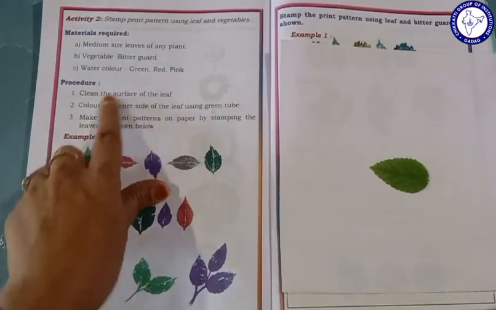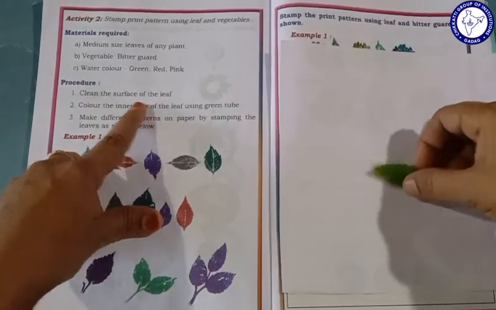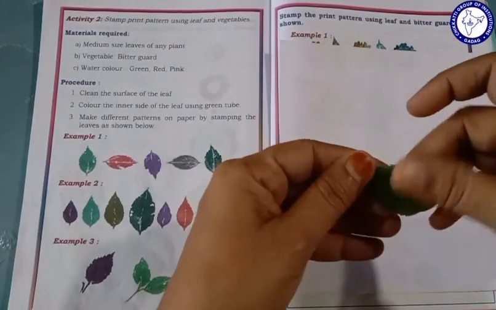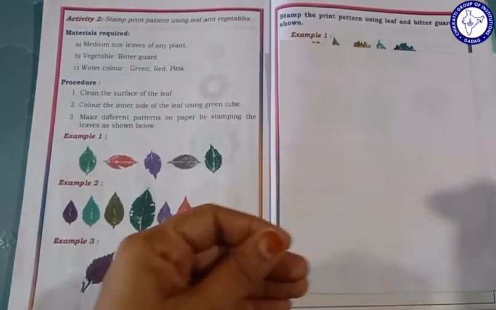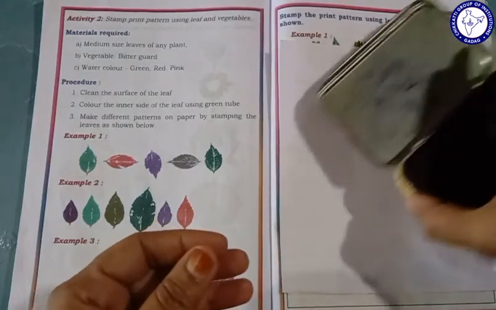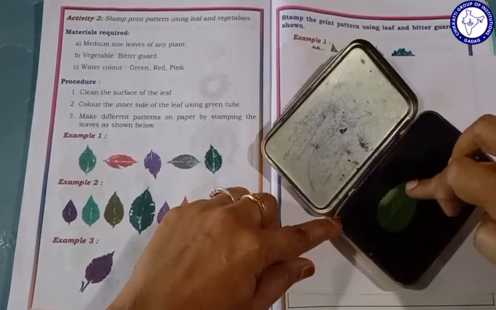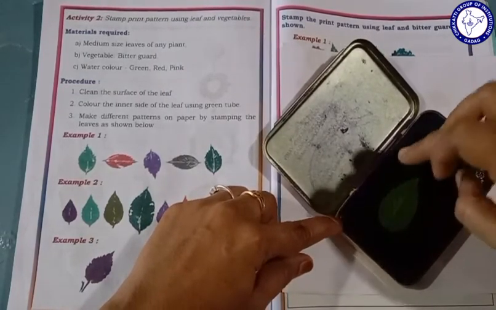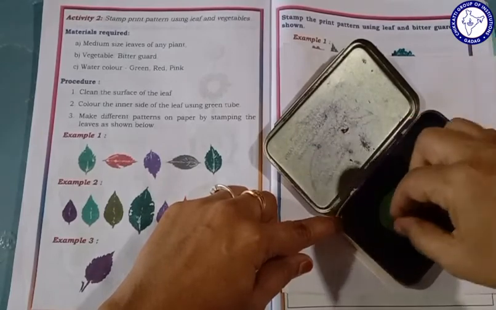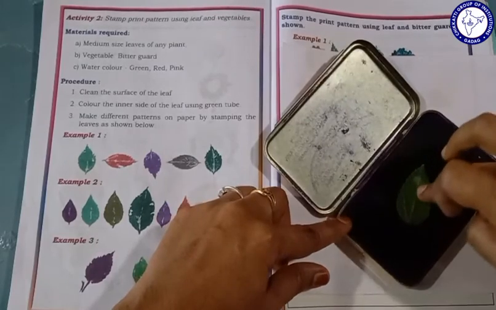The procedure: clean the surface of the leaf, and color the inside of the leaf using a green tube, or I am using a stamp here. I immerse the color like this, using the stamp.